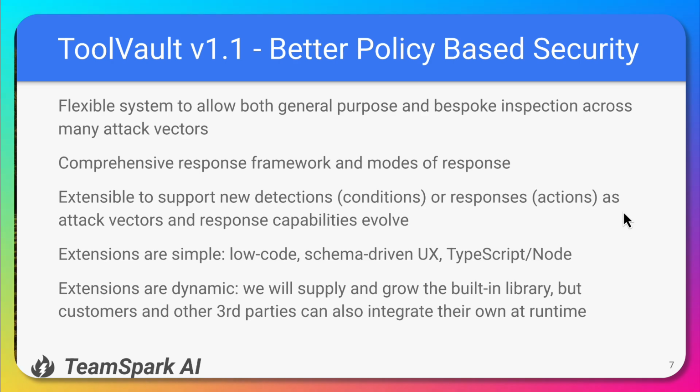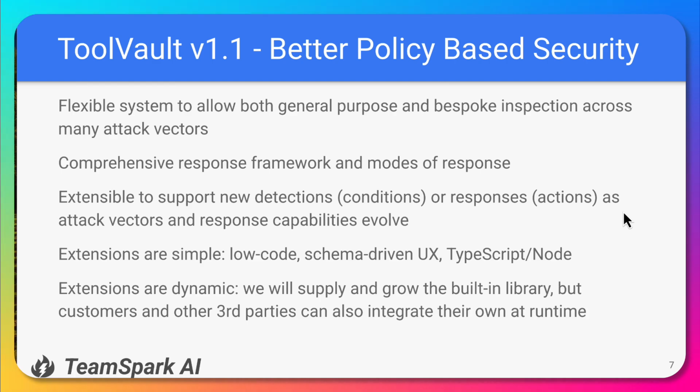So what we did in response to this is we needed to build a better policy-based security system that was a lot richer than the system that we had built in the first pass. That was primarily focused on identifying problematic text with sophisticated policies and expressions and keywords. And it's pretty good at things like finding credit card numbers and secrets and PII. But there are so many other kinds of attacks that you're not going to be able to find with just that kind of searching. So we needed a flexible system that would allow for these general purpose tools,